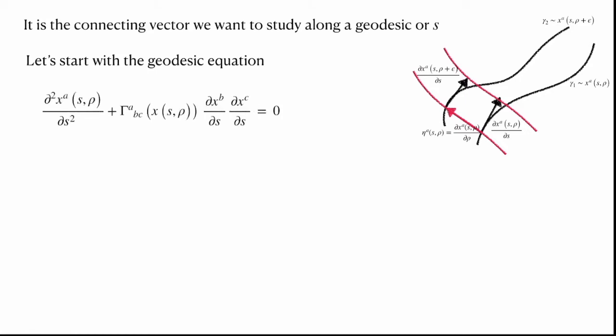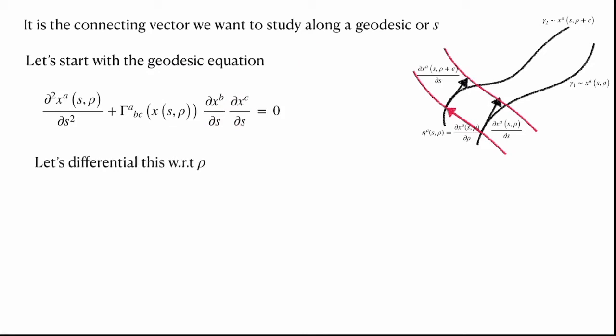Let's start with the geodesic equation which we have written earlier. The entire family of curves which is parameterized by rho satisfies this geodesic equation, and that is what we have given. In order to avoid confusion, we have written dou square by dou s square along the geodesic or arc length parameter, so it should not create any confusion. So we have the geodesic equation given by the second derivative along arc length, gamma taken with the dot product with the tangent vector. So that is what we have, this as a tangent vector.